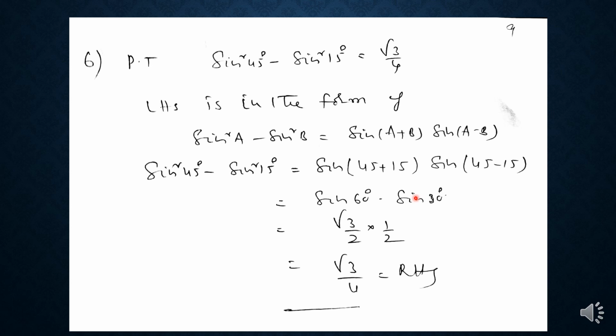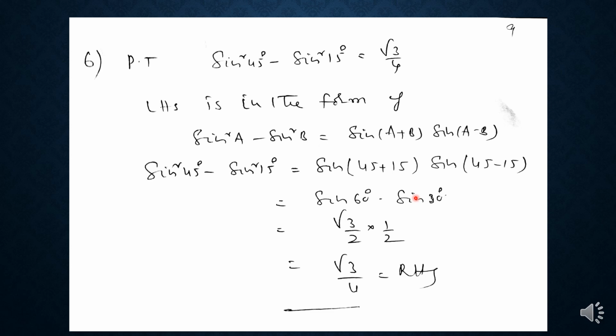So in this class we learned compound angles and the formulas of compound angles. What is a compound angle? An angle which is made up of the algebraic sum or difference of two or more angles is called a compound angle. What are the examples of compound angles? A plus B, A minus B, B plus C, B minus C, A plus B plus C, A minus B minus C, A plus B minus C, etc. are called compound angles.